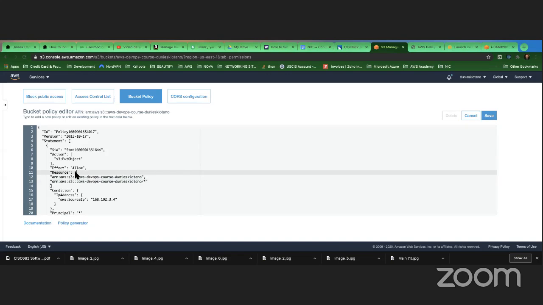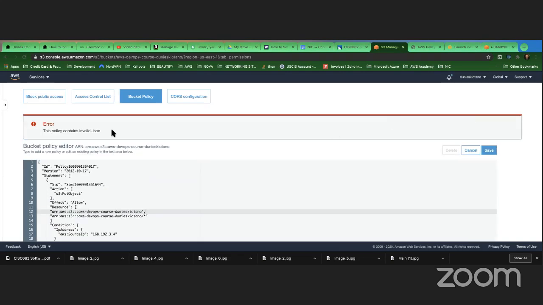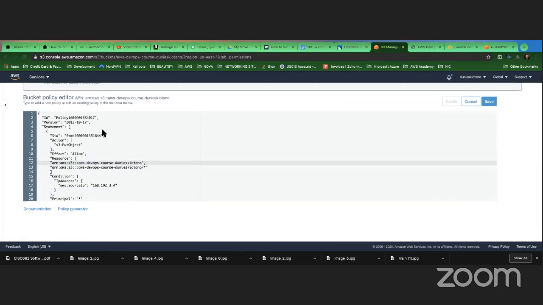Why do I put this? Because this is an array of resources, so I put the array separated by commas. And then if I hit save, I have invalid JSON.